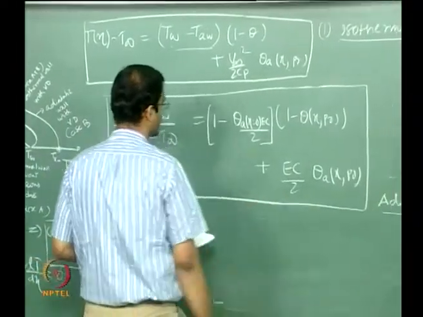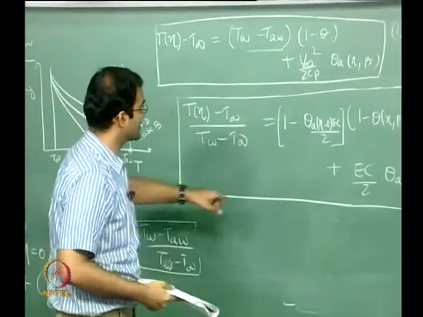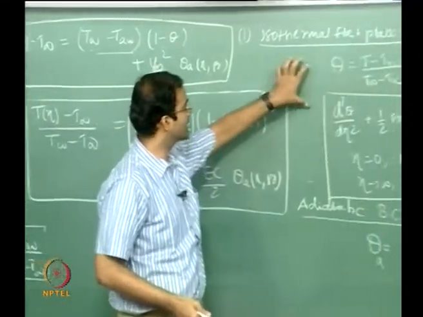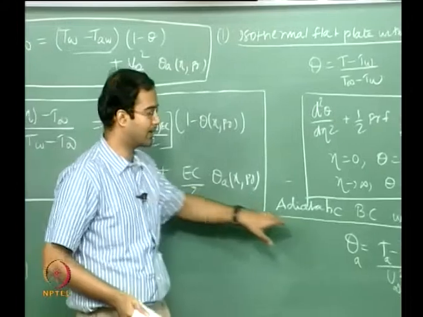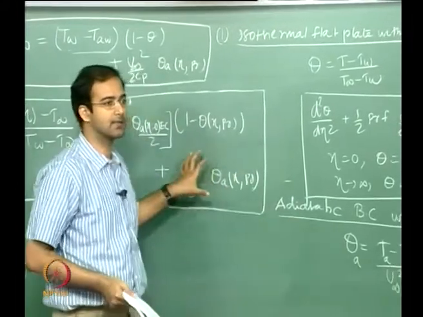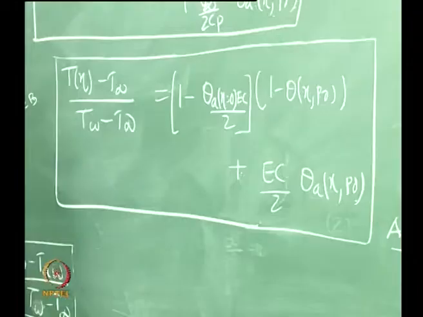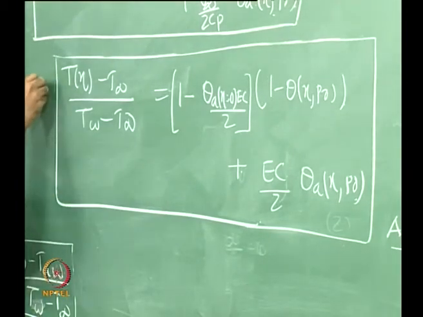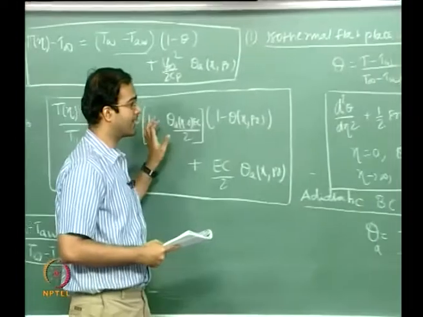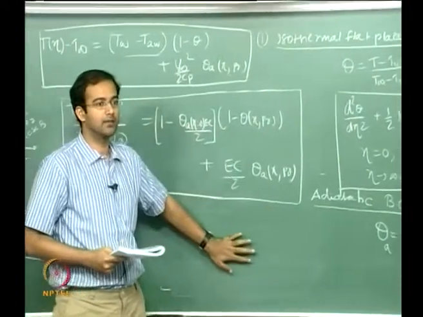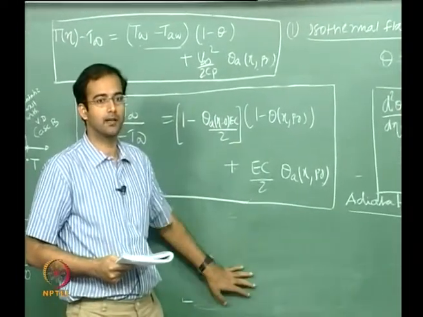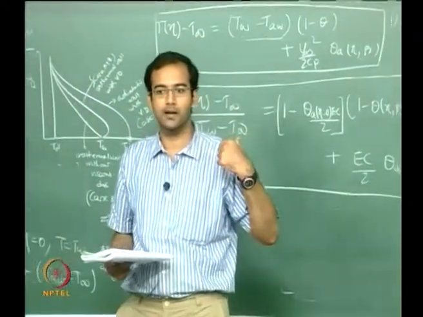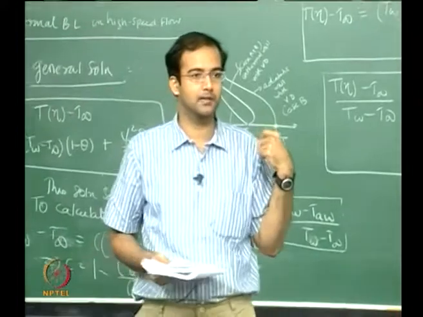solution. Okay, so all that requires is your solution for theta, which is coming from case A, and for theta A coming from case B, and you combine this like this and you get your final solution. Also this is nothing but your theta, right? So this could have been directly obtained by solving the similarity solution that I had written before, directly. The same thing can also be done by linear combination of these two fundamental solutions.